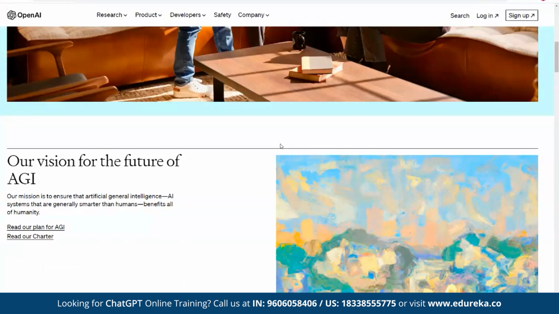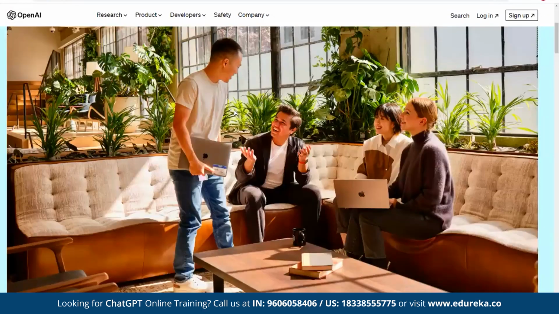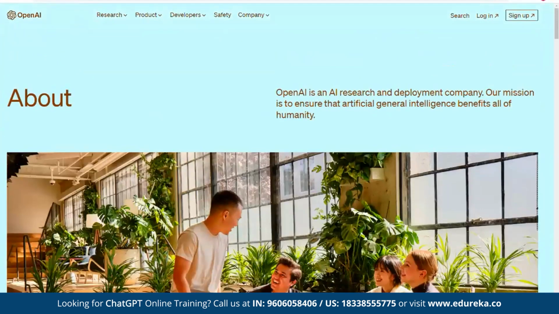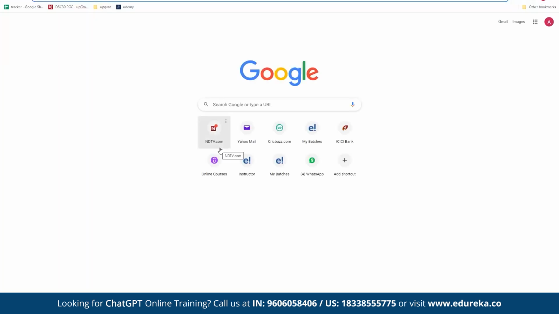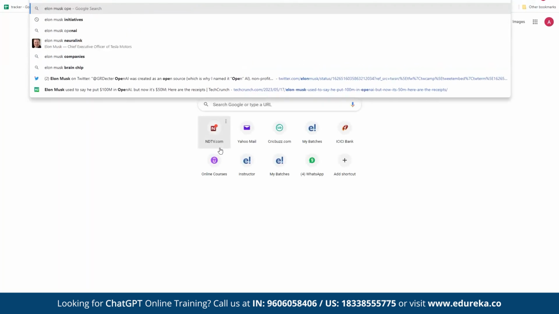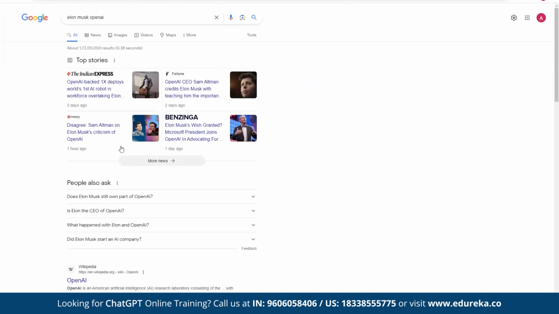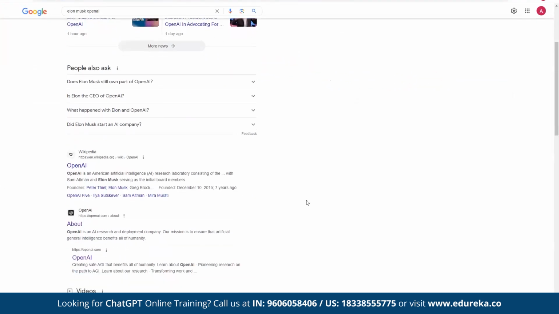So the mission was that AI should not be in the hands of only a few like Google, Meta, Amazon. All the general public should be able to use cutting-edge AI technologies. And that is where OpenAI was developed. It started around 2015. In fact, you may have heard about there was a controversy between OpenAI and Elon Musk.